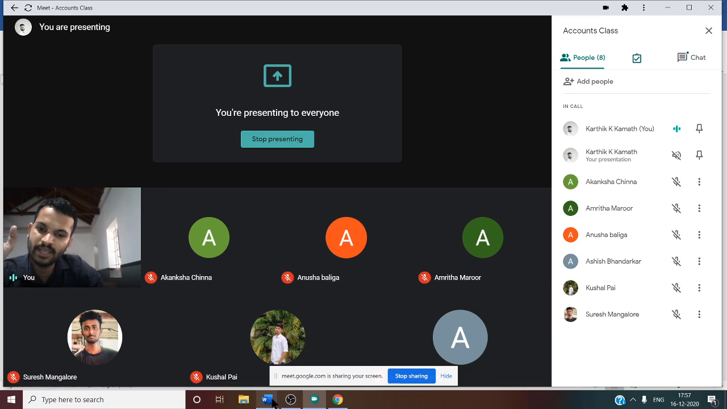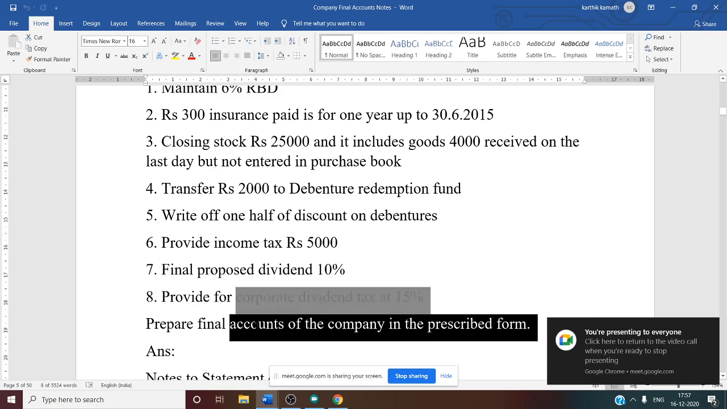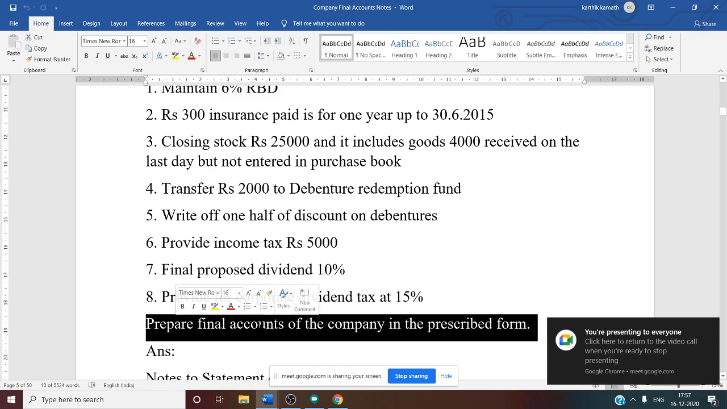So now we have discussed these adjustments. Then lastly you have to do what? Prepare final accounts of the company in the prescribed form. So now we have